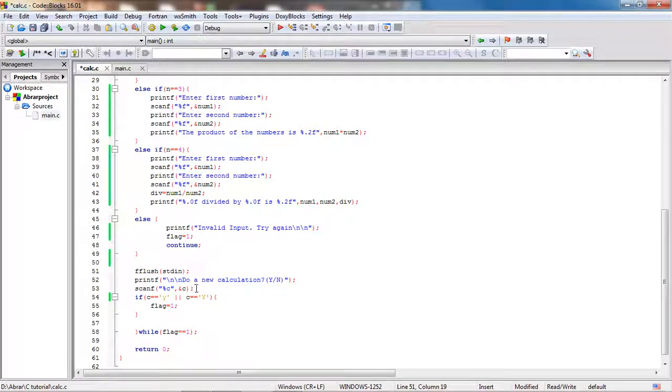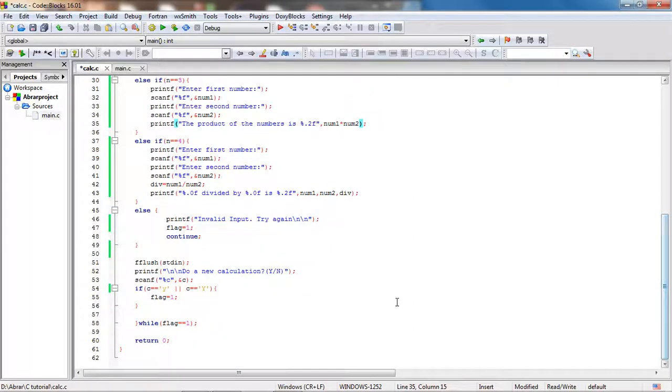It just makes it easy and error free. It's a good use when you are taking multiple inputs, because you are taking a lot of inputs here. So I have used a flush, and it asks me if I want to do a new